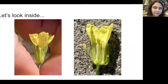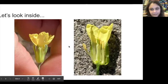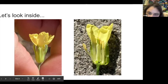Let's look inside a little bit. So this is what it might look like from the outside. As you see the sepals, the leaf-like little bits here, kind of pushing the petals up. Sometimes the petals will flop. Sometimes they'll just stick up like this. This one's a broccoli flower, and it's difficult to see because